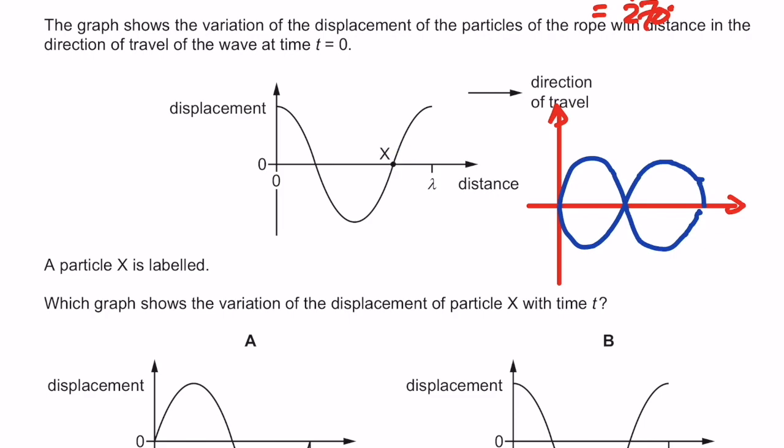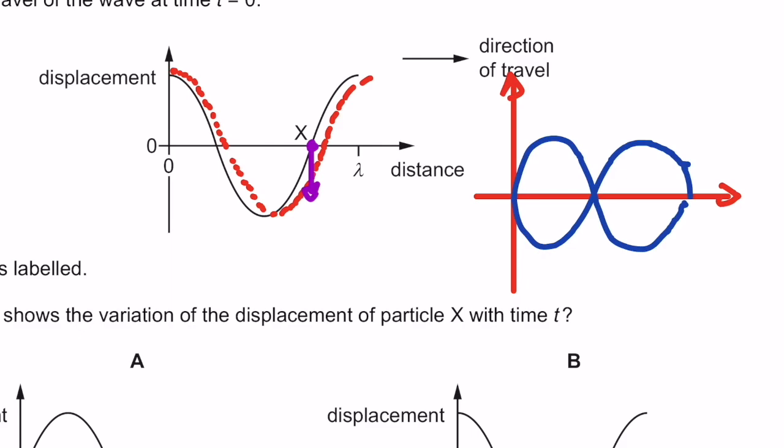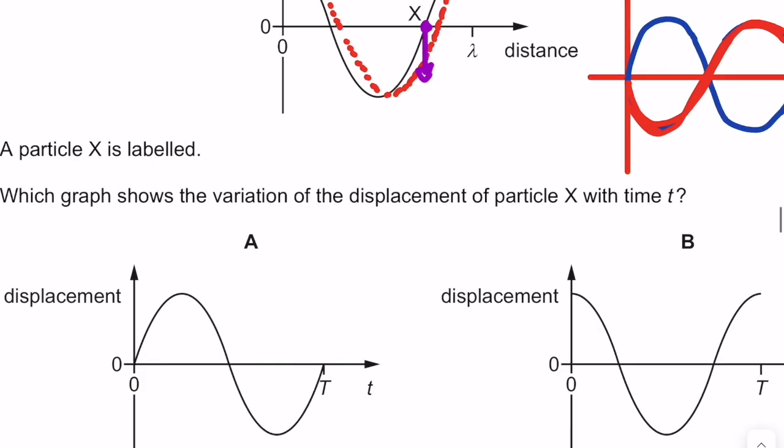Our job is to find out which way X will move right after this moment. So what we are going to do is draw the next wave pattern. So it means everything has moved just a bit forward. The energy has gone a bit forward. In that case, X must get into the new wave. So X must be moving downwards. Based on that, out of these two, X is going in the negative direction, meaning making negative displacement, meaning the answer should be the one I am marking in red color. So this answer should be A.